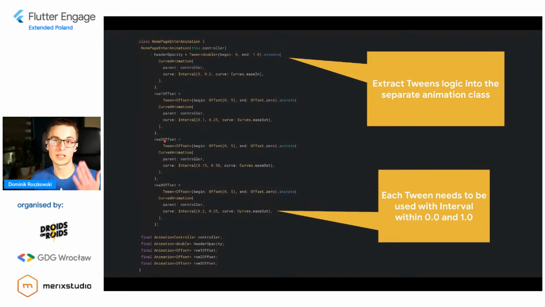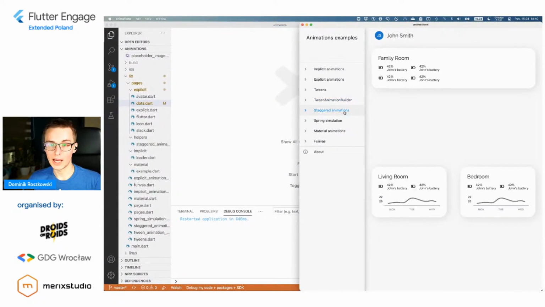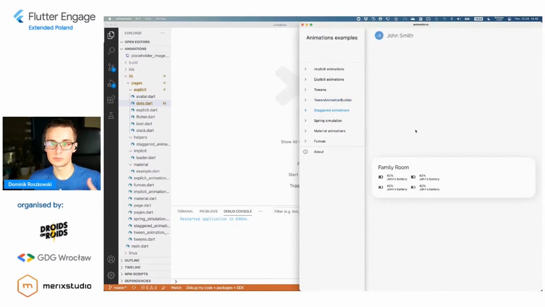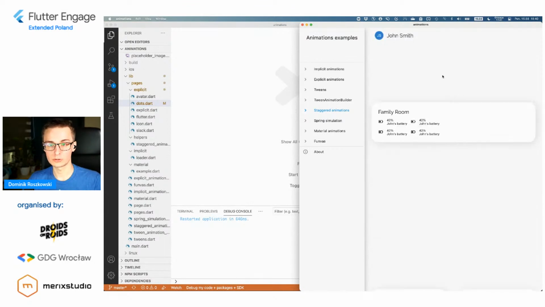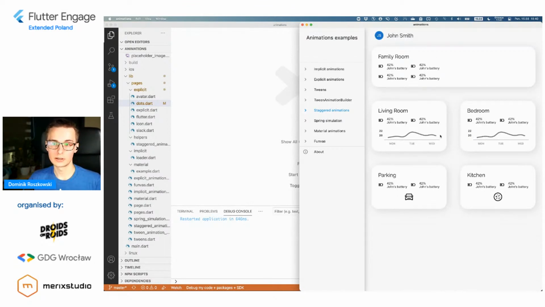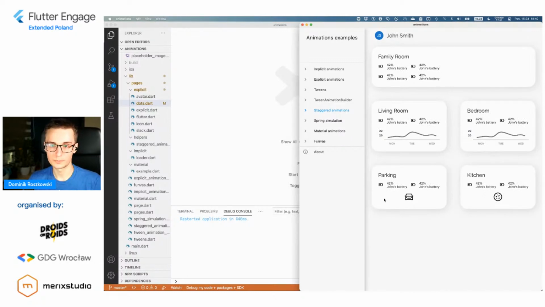So for instance, if you have a login screen where a bunch of elements appear, or when you have some kind of bottom navigation that appears, a bottom sheet that needs to show some kind of elements, then this kind of behavior is really nice. And what is nice also about this is that whenever I enter this page, this is being repeated. I also made this animation controller repeat so that you can observe this animation constantly, but you could of course stop it at any point.